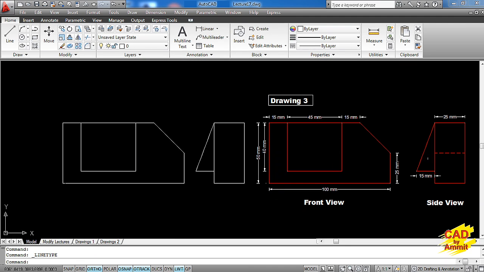So right now I have to create this line. First of all, I'll go for a line command. I'll take the reference of this, move it like that, and coincidentally this is at the middle point of the line, so I can click here and I can join it to the midpoint of the line on the other hand side, and we get this line. Now for changing the line type of this, we'll simply select this line, click on the line type option and click on the hidden option to change the line type of this.